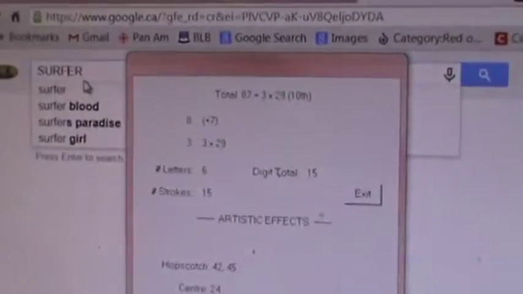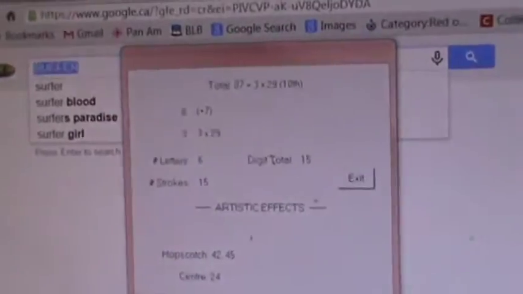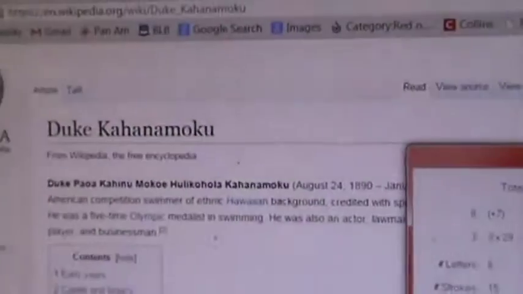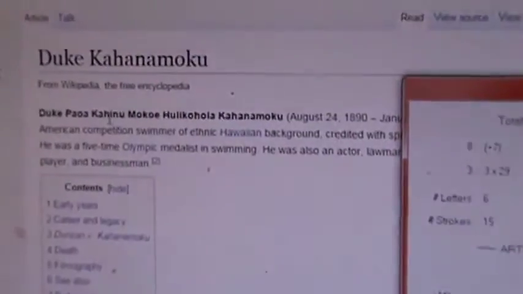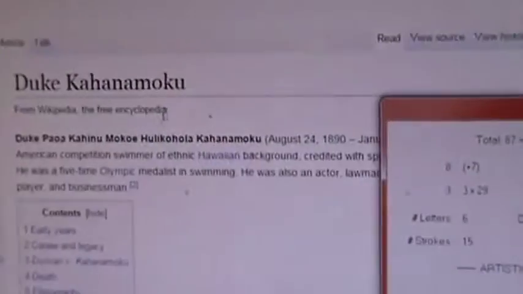It's like pure, obvious, beautiful 3s. So you can add surfer to his title. You know, the great surfer, Duke Pa'oa. I have to try this. This is too fun. Duke Paoa Kahinu Moko